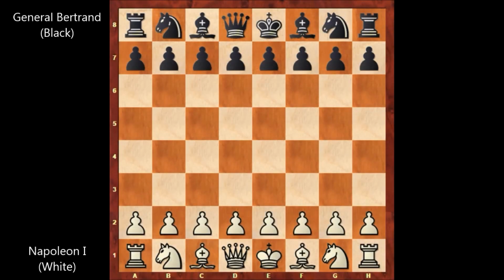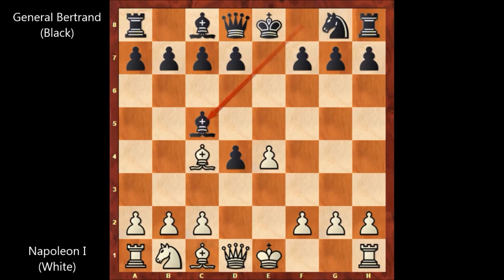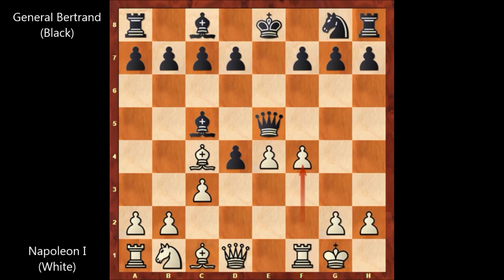So let's check out this very beautiful chess game. Napoleon Bonaparte, who has the white pieces, starts the game with e4, e5, knight to f3, knight to c6, d4, knight takes on d4, knight takes knight, e takes on d4, bishop to c4, bishop to c5, c3, queen to e7, and Napoleon Bonaparte castled, queen to e5, f4, attacking the queen, d takes on c3, before defending the queen. Henry Bertrand captures the pawn, that's check,